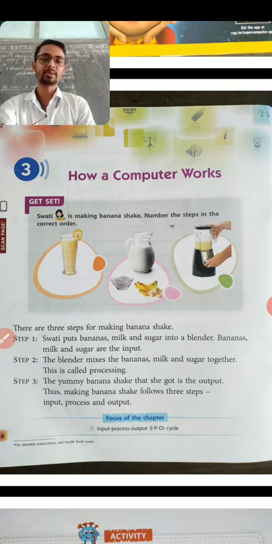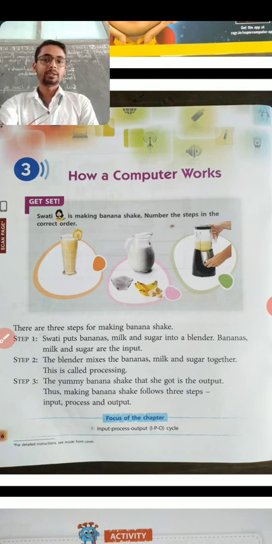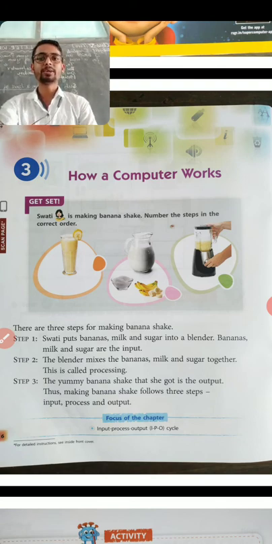So dear student, you all may have seen a computer and we can see there a few parts. I already told you in the previous class that a computer has a few parts like CPU, monitor, keyboard, mouse, printer, scanner. So among all these parts, the main part is what? That is the CPU, and this CPU works as the brain of a computer.